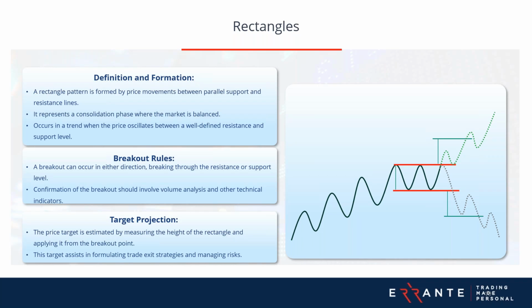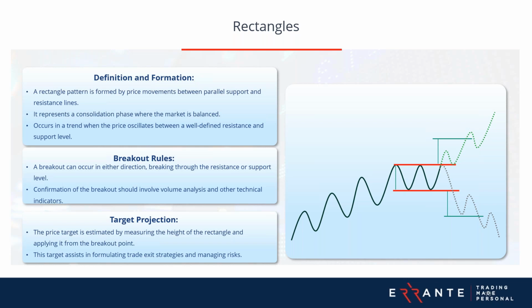The rectangle is characterized by price movements confined within parallel support and resistance lines. This pattern indicates a period where the market is in equilibrium, with neither buyers nor sellers gaining the upper hand. The formation of the rectangle occurs within a trend when the price consistently bounces between a clearly defined resistance level at the top and a support level at the bottom. So these horizontal boundaries represent a pause in the prevailing trend as market participants evaluate and reassess their positions